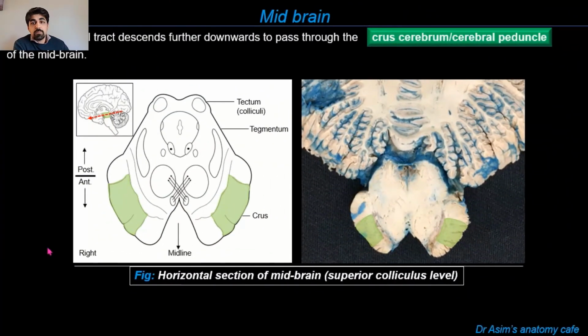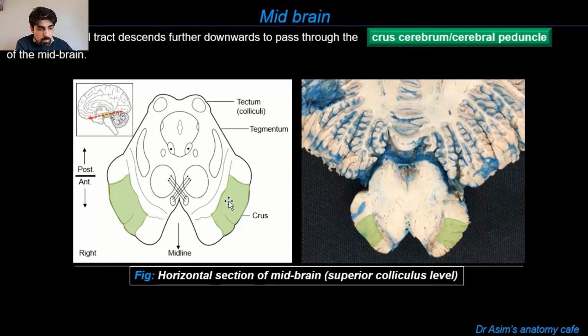Now, just to show you the structures a little bit more clearly, let's have a look at this illustration here. This is once again a horizontal slice which has been taken through the midbrain. You can see the posterior end of the midbrain over here. This region is known as the tectum. This is the part of the ventricular system which is known as the cerebral aqueduct. And once again, we can see the substantia nigra over here. So you can see that the crura of the midbrain are right in front of the substantia nigra. These are, as we discussed before as well, also called the peduncles of the midbrain. So this region would be the interpeduncular fossa. The corticospinal tract fibers can be seen over here highlighted in green, descending through the